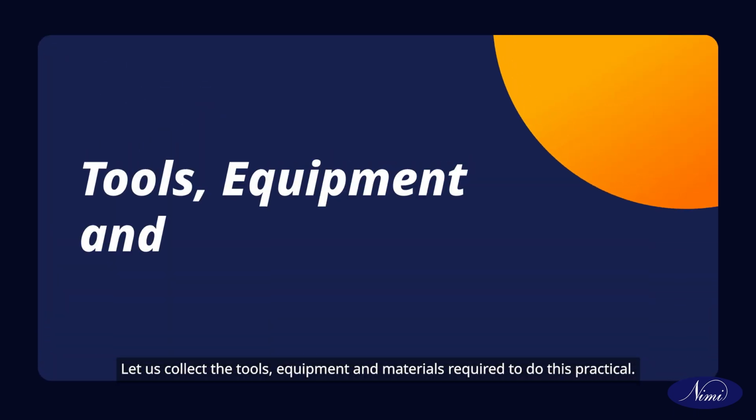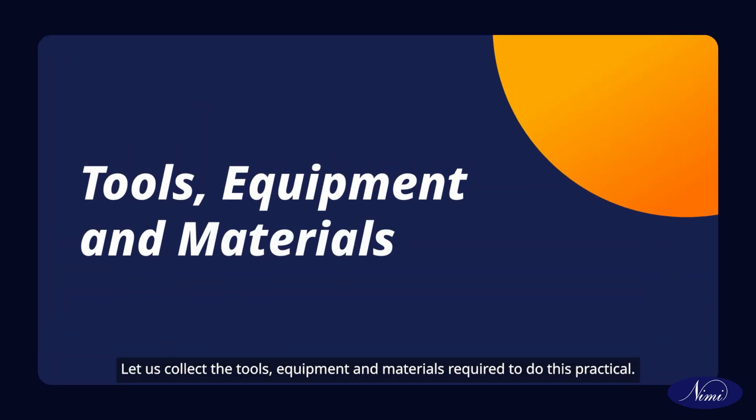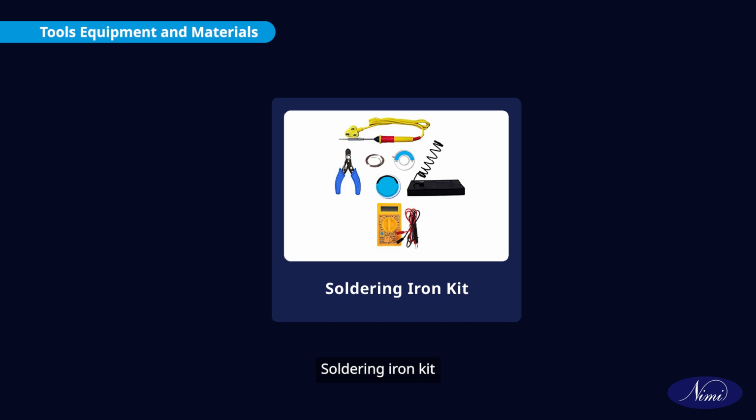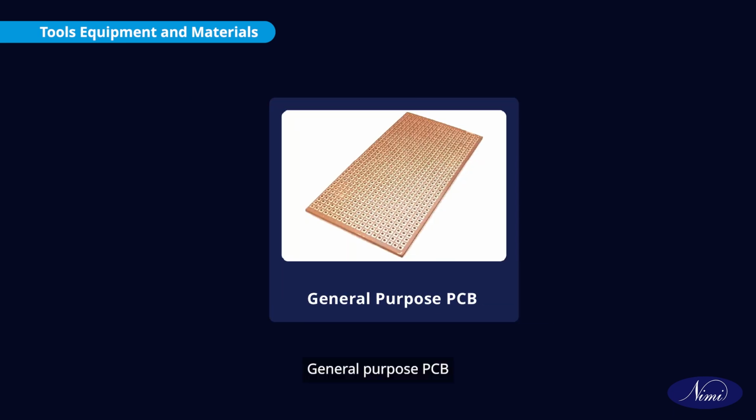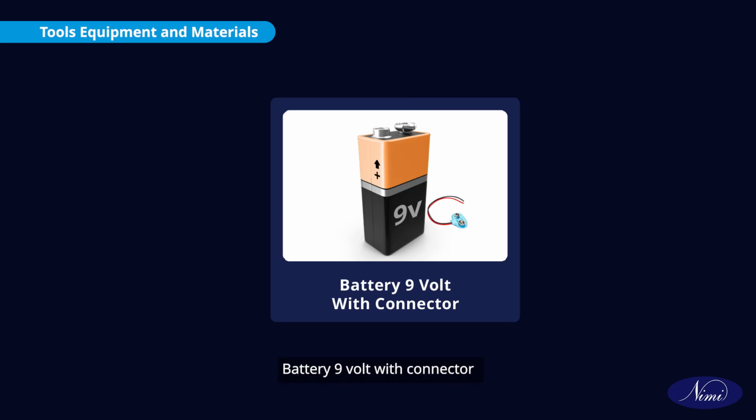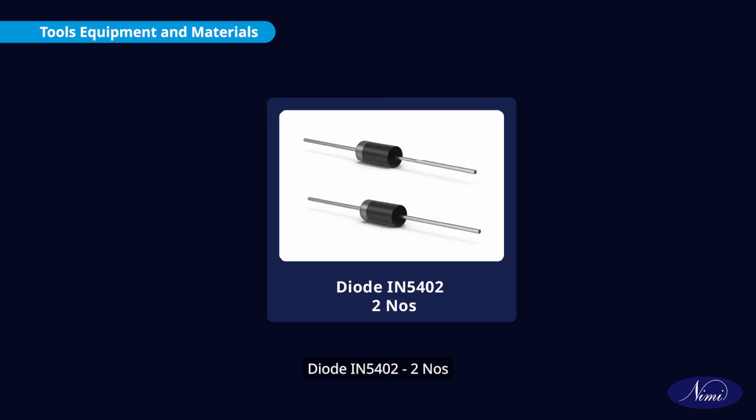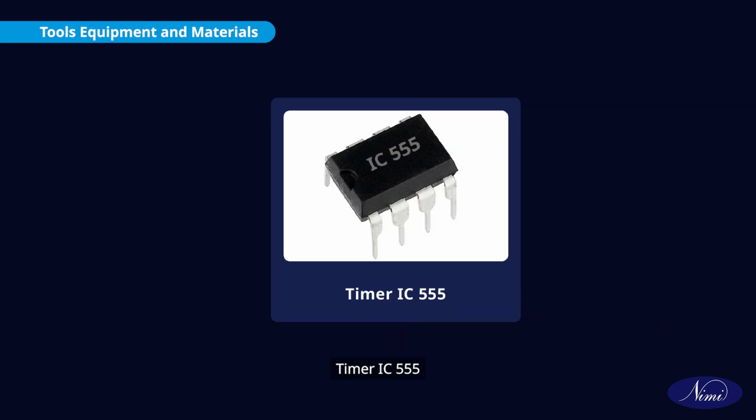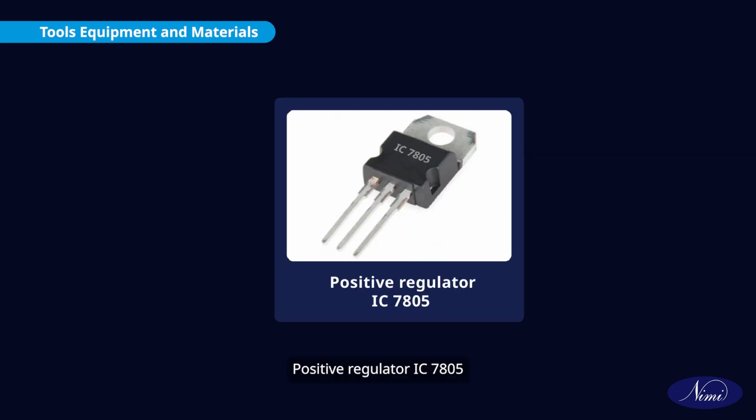Let us collect the tools, equipment and materials required to do this practical. Trainees toolkit, digital multimeter with probes, soldering iron kit, general purpose PCB, battery 9 volt with connector, diode IN5402, 2 numbers, decade counter IC CD4017, timer IC 555, positive regulator IC 7805, diode